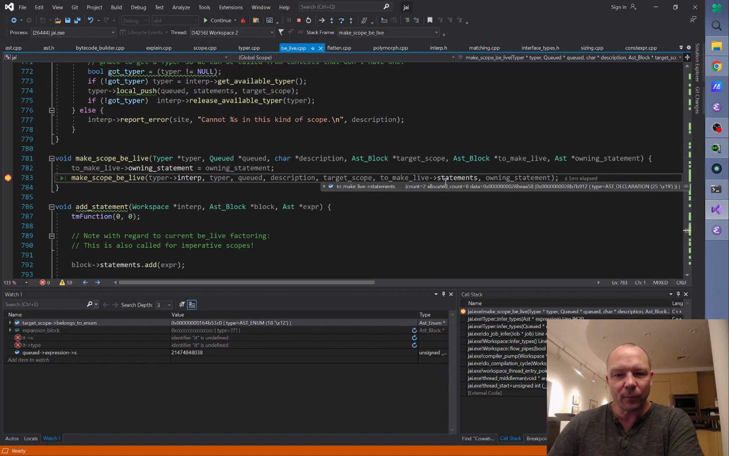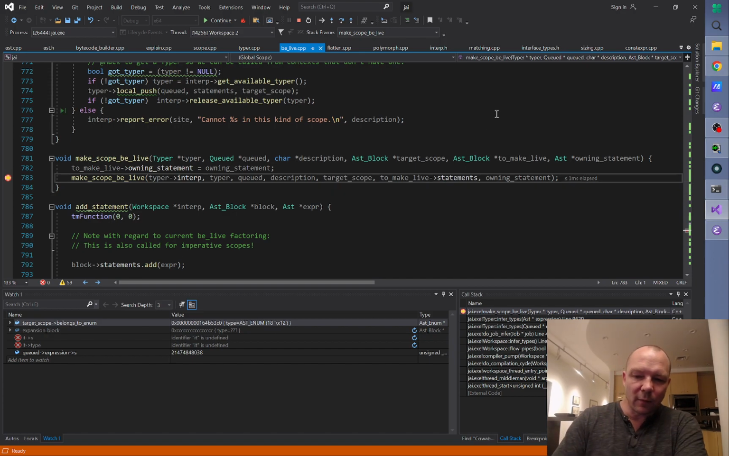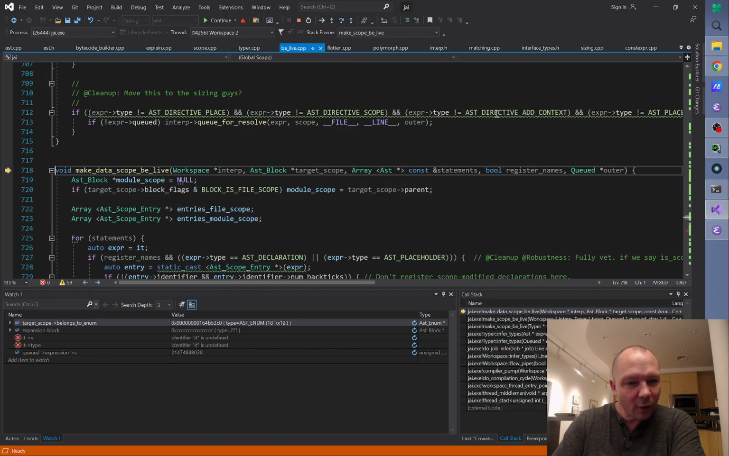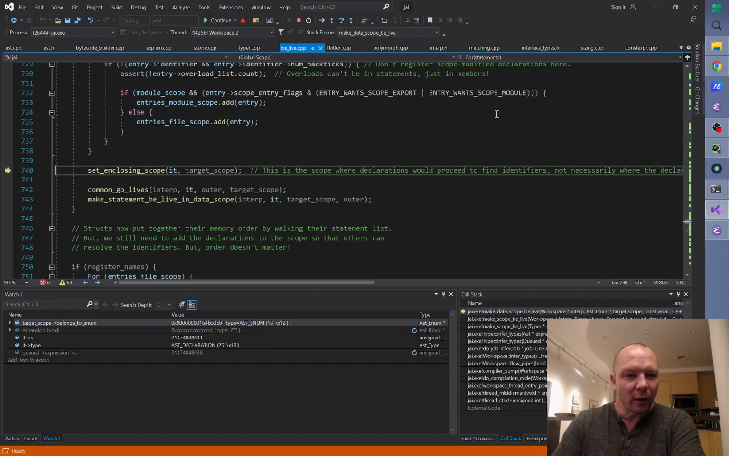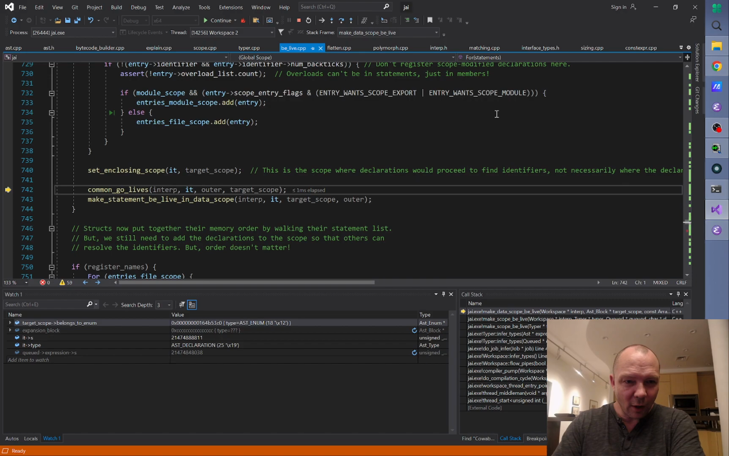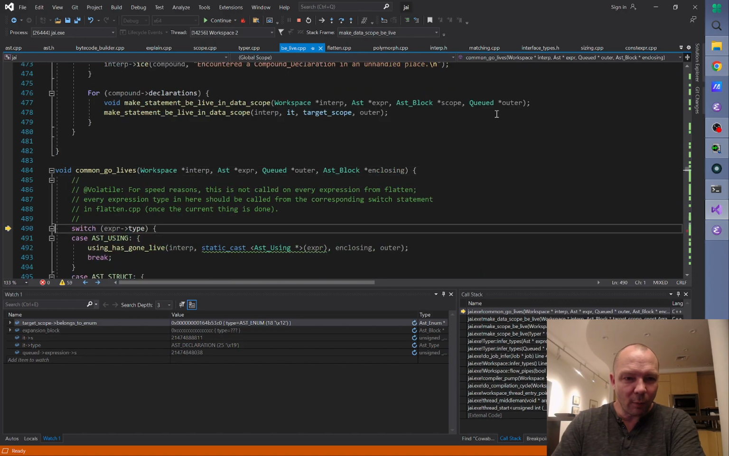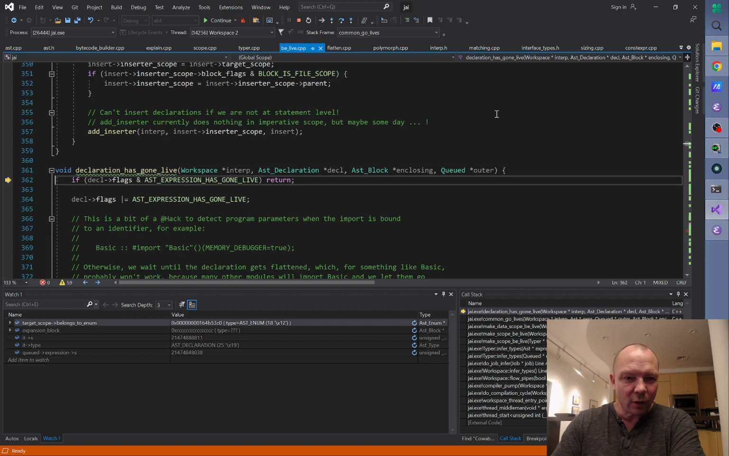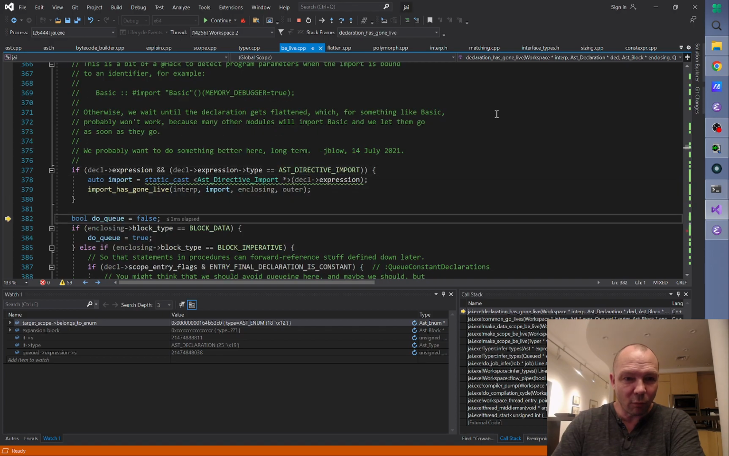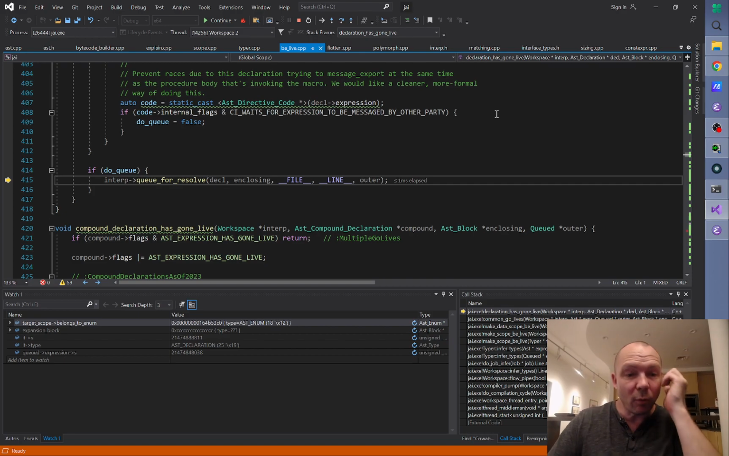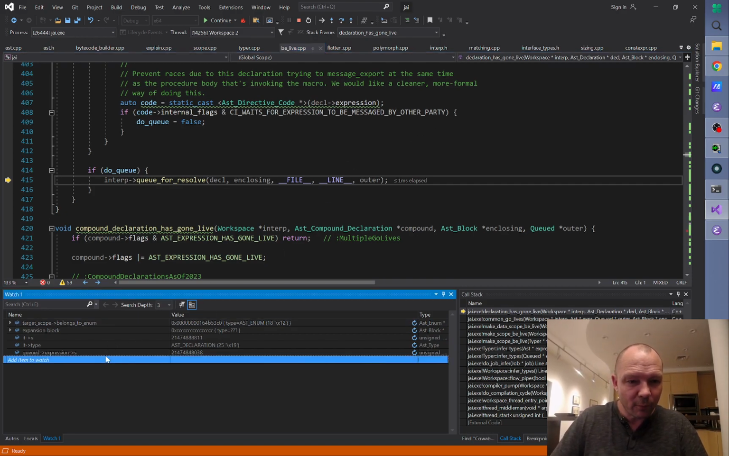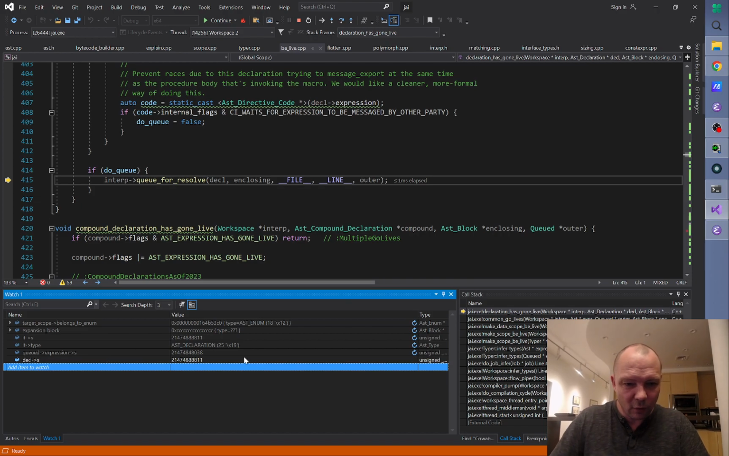So maybe I should have put this breakpoint in here. It would have been closer to the target, but whatever. Okay. So now we actually set in closing scope. We call common go lives, which calls declaration has gone live, which is what I wanted. We queue it. Okay, so we probably were not in fact queuing it before. So now we can go back to the